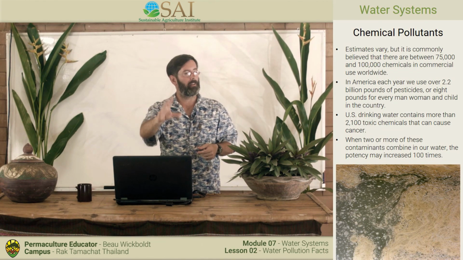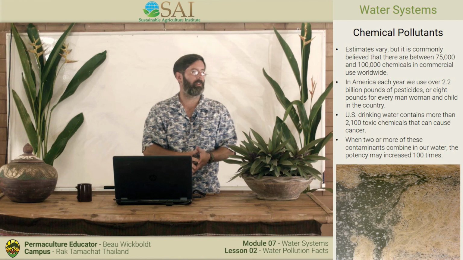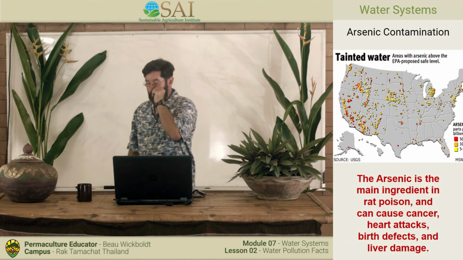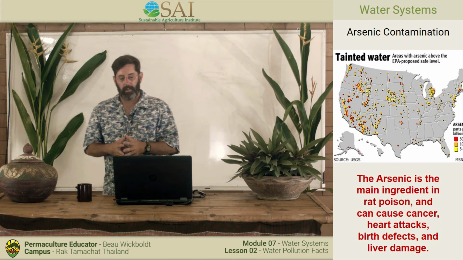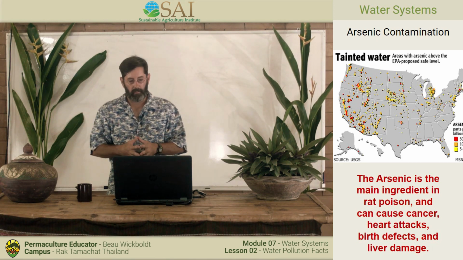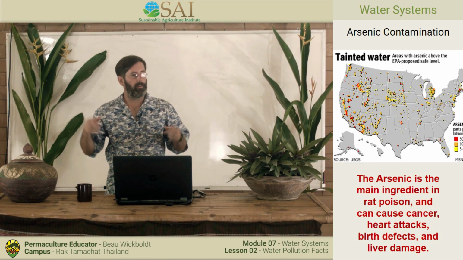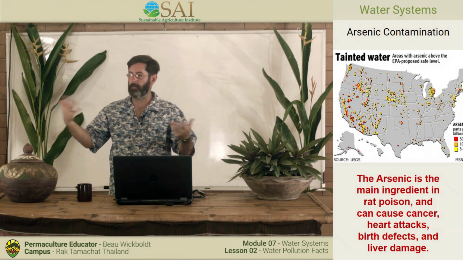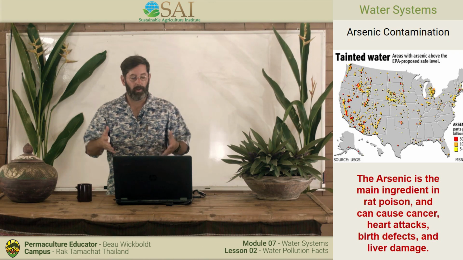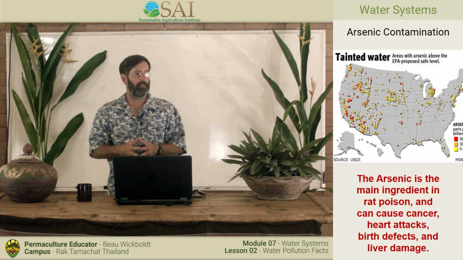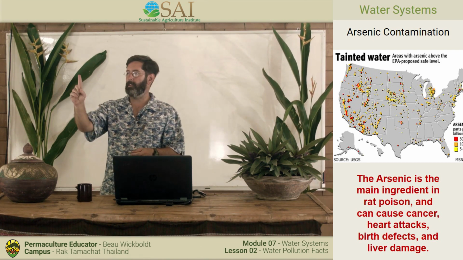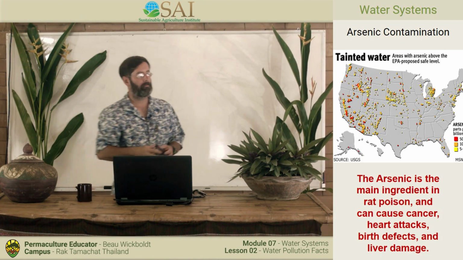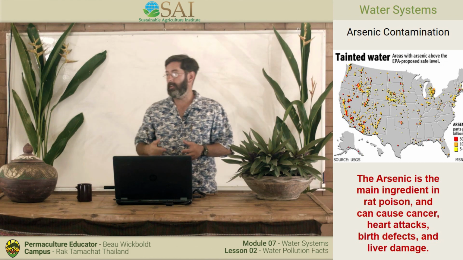So there are areas where they can no longer use the fresh water because of contamination. These are sites that you can look at. This is arsenic, a really bad chemical. You can look at this at the EPA, the Environmental Protection Agency. They're supposed to protect the environment in the U.S., but they mostly just report on degradation. So at this point, these are tainted water supplies throughout the United States just for that one chemical, arsenic. So in that town, they cannot drink the water. And you could say that's forever.